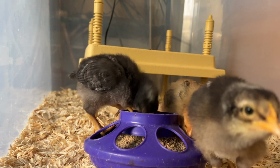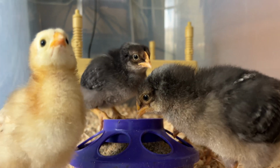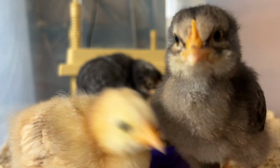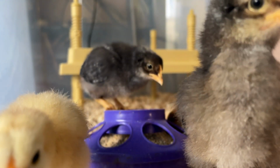We had plans for those 33, that we had some people that were wanting some day-old chicks from us. So it was a little disappointing in that way for them as well. These guys are about 2 weeks old now, so they're just getting their feathers on. But we were wondering, because in the past years we've had such good success rate, so I'm just going to